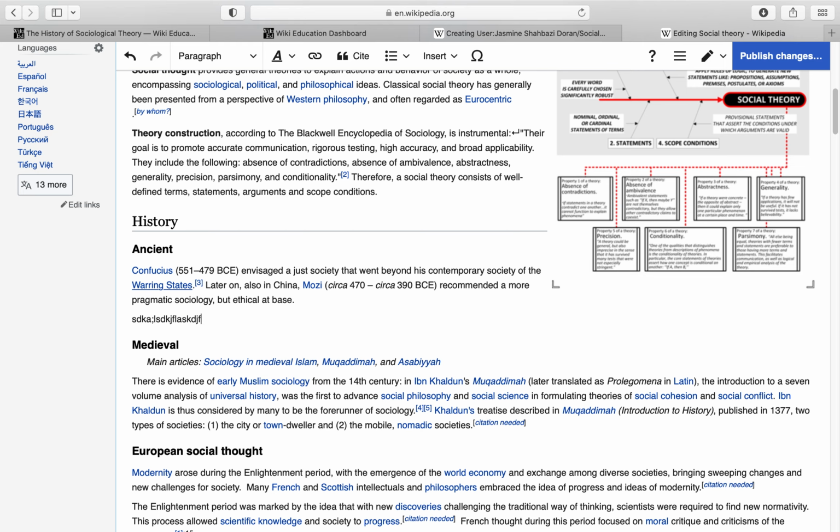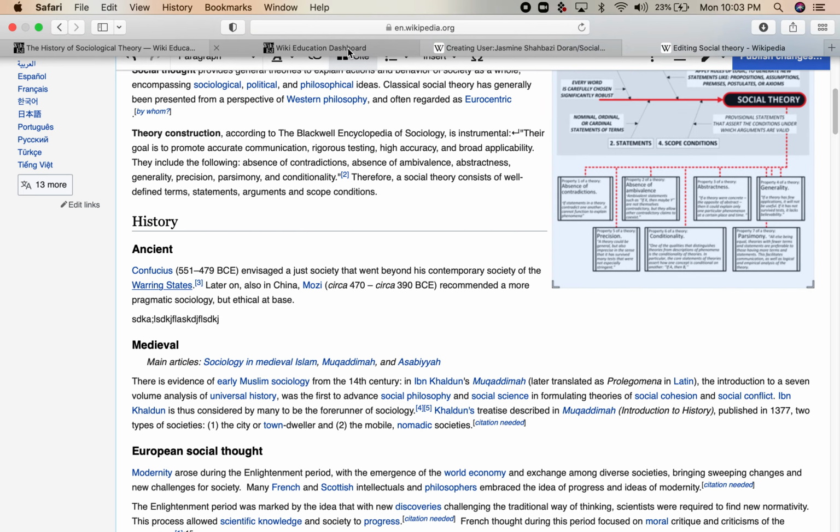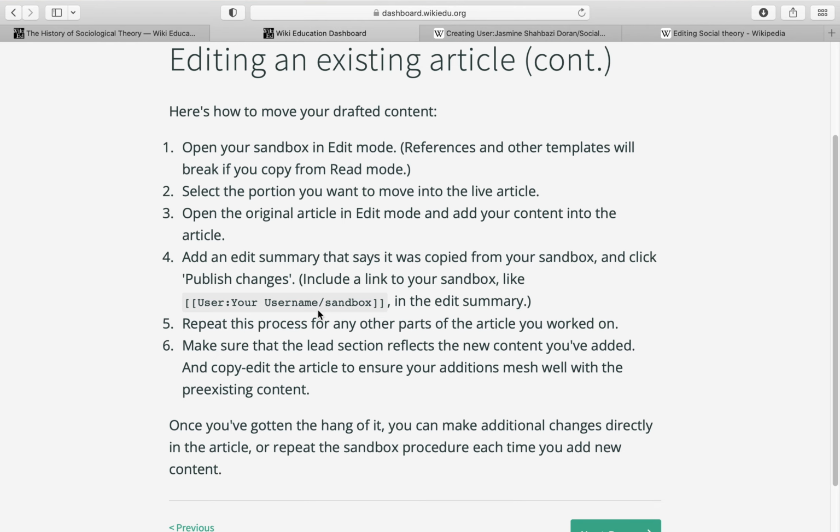So you would make some changes. Obviously, it's not going to be that. And then again, you're going to publish changes. You're going to link to your username. And you're going to make sure when you're all finished with your edits that the lead section, this new lead section, reflects the content that you've added. So you're definitely going to be editing the lead section for sure as you add content to the body of the article. You're going to copy edit the article to ensure your additions mesh well, and then again are reflected